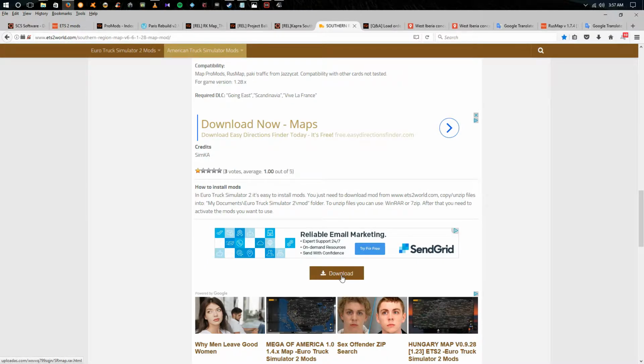It's one file, but it's 2.7 gig, I believe, and it's got all the files in there you need. Just take those files and dump the SCS files into your mod folder. Anything below this download button, you don't need it. Then we're going to come over to the